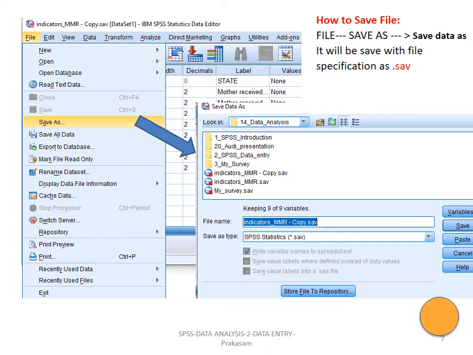In that submenu, you identify where the file has to be saved, and below that you can find a small .sav. It should be stored in the SAV format. By default, it will show Save in the SAV format, but you check it and then click, and it will be stored. Remember the path where it has been stored.